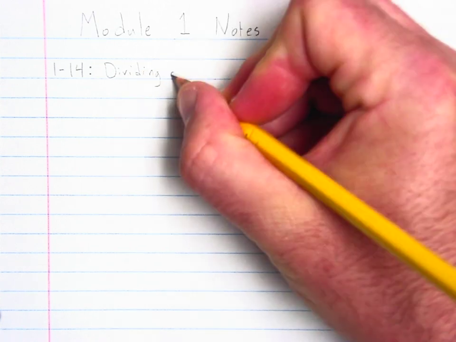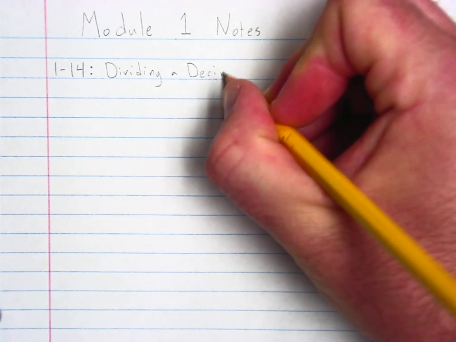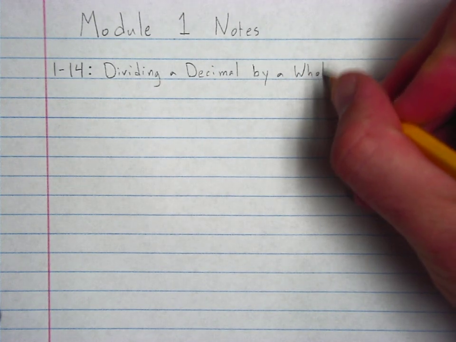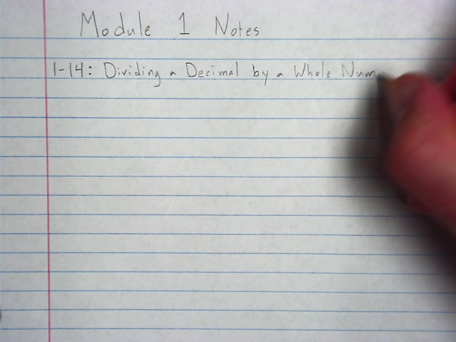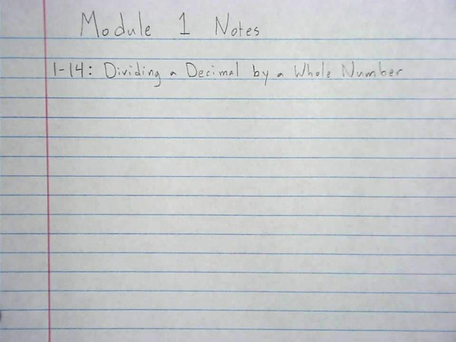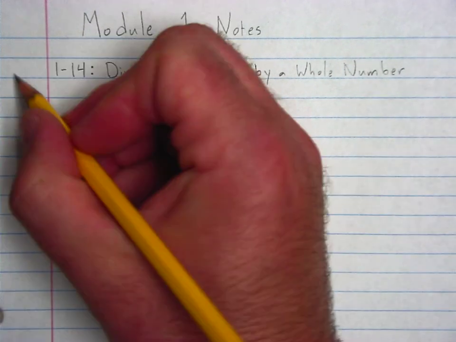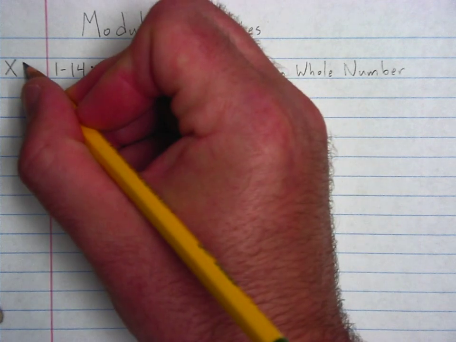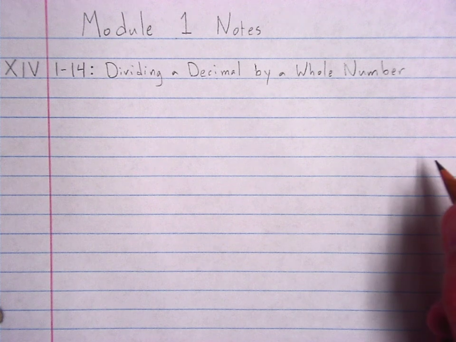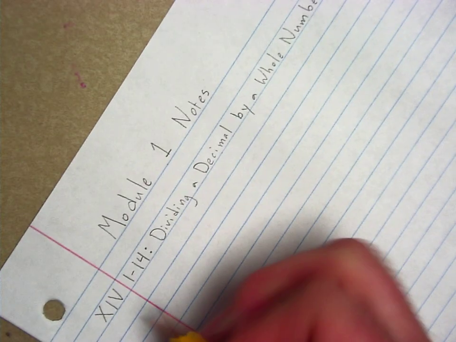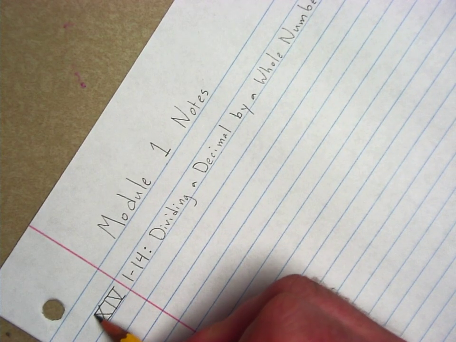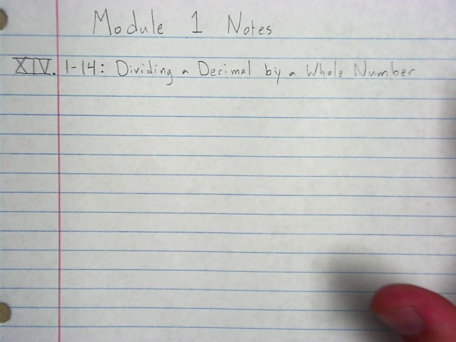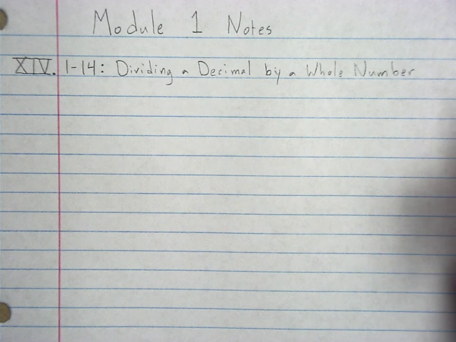Dividing a decimal by a whole number. Roman numeral 10 plus 4 more, which is going to be 1 less than 5. So XIV. Roman numeral 14. Now, the procedure for this isn't necessarily super long, but it does take up a lot of